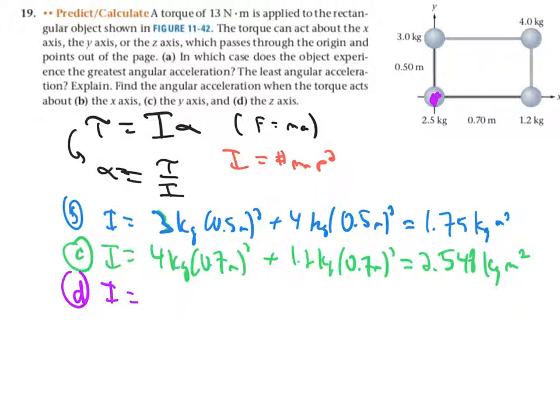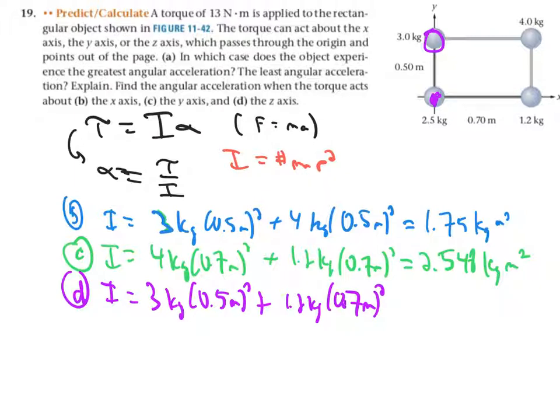And instead we get 3 kilograms times 0.5 meters squared, that's this one, plus 1.2 kilograms times 0.7 meters quantity squared, that's this one, and then plus 4 kilograms, but then we need to know the perpendicular distance to the axis, which is that distance, and that's going to be a little bit annoying,